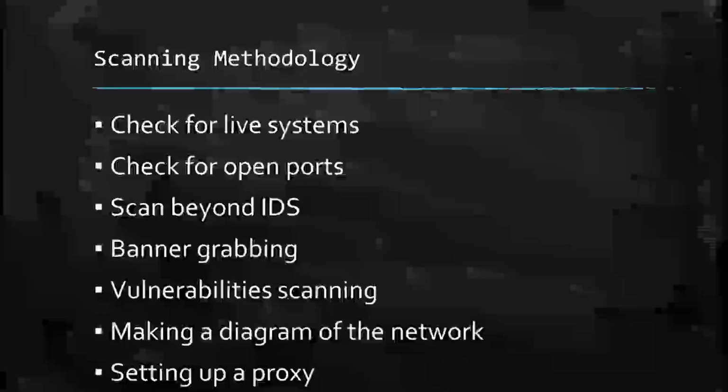Then setting up proxies. So we talked a bit about setting up proxy servers for the use of evading IDSs. Using a proxy, which is basically just a network computer that serves as a middleman for connecting to other computers, can help mask and anonymize you to some extent. This works by having the proxy server send your TCP and UDP requests for you. So when you ask to access a website or a server behind a proxy, your request gets sent from you to the proxy, and then the proxy makes the connection to the server or the website and then sends it